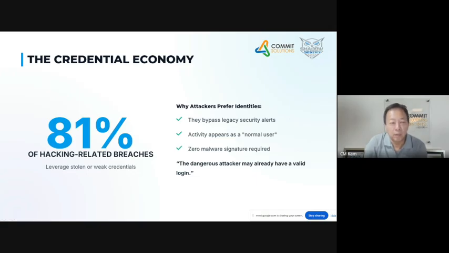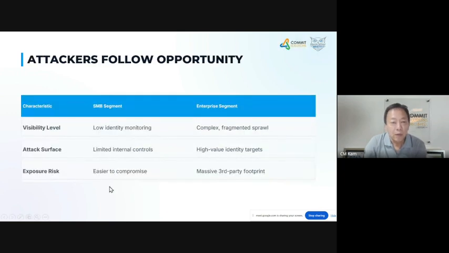Maybe because you're looking for a job, or because you need to build a company business, you have to have a presence in the digital world, right? That's also a positive side when you look at it. The negative side is that it's rather easy for the bad hats to profile you. Right. So attackers actually follow opportunities.